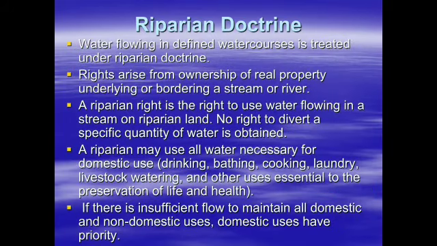The riparian doctrine in Europe. Water rights often arise from ownership of real property underlying or bordering the river. The riparian right is not a right to divert a specific quantity of water. That is called the riparian doctrine. Streams flow to maintain domestic and non-domestic uses. Domestic uses have